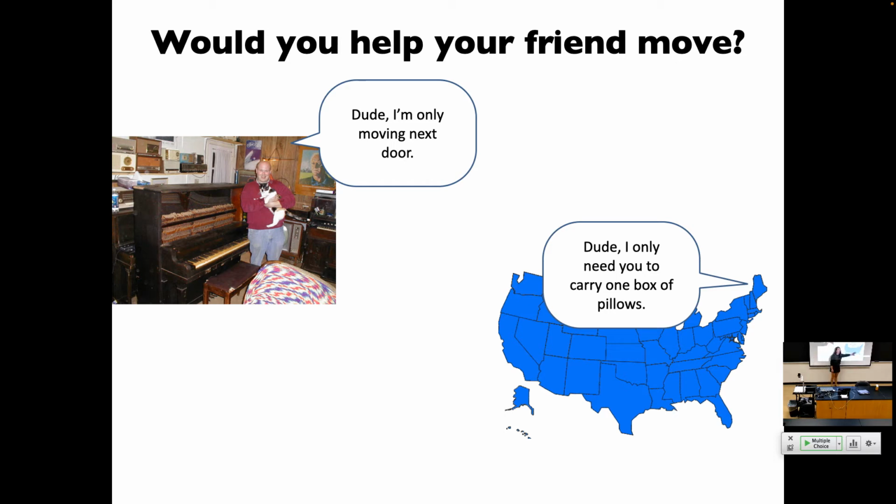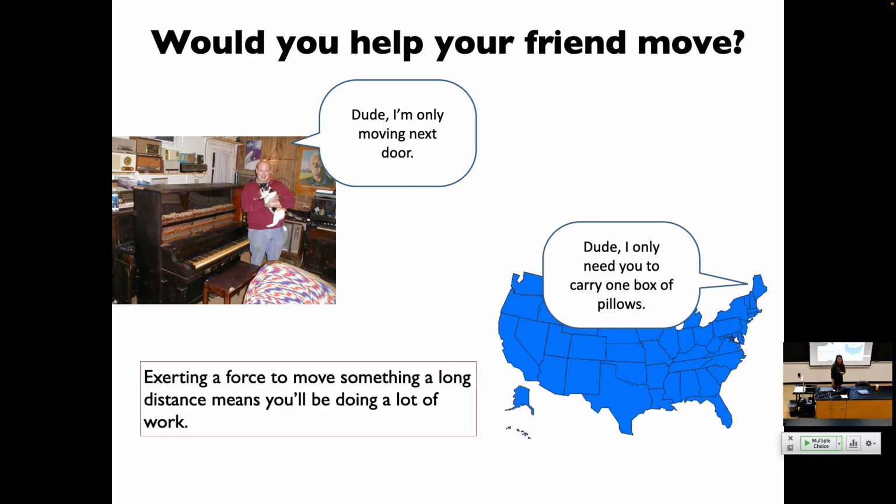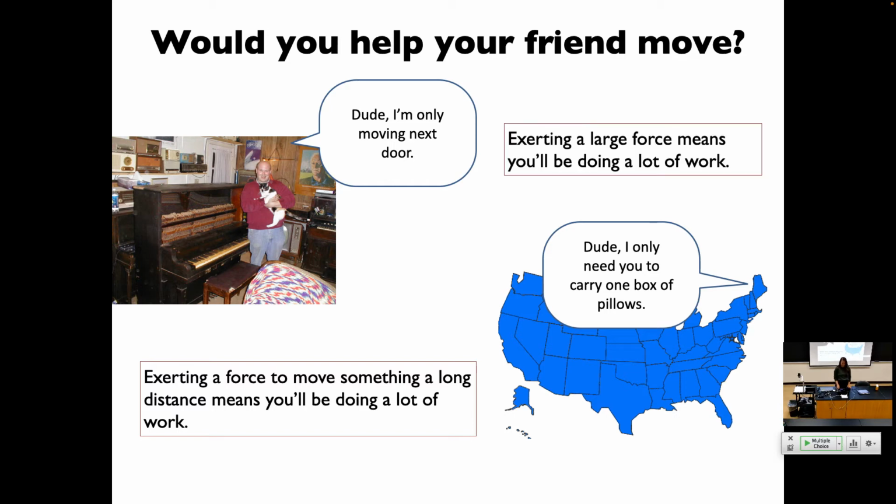What's wrong with this situation? Distance, right? This is a short distance with a large mass. This is a large distance with a small mass. And so remember, exerting force to move something over a long distance means you will be doing more work. So work includes both of these variables. So these are equivalently large amounts of work. This is a small amount of mass but a large amount of distance. This is a large amount of mass but a small amount of distance, but both of those things are included in work. So those are both a lot of work and you should probably just get new friends. So yeah,